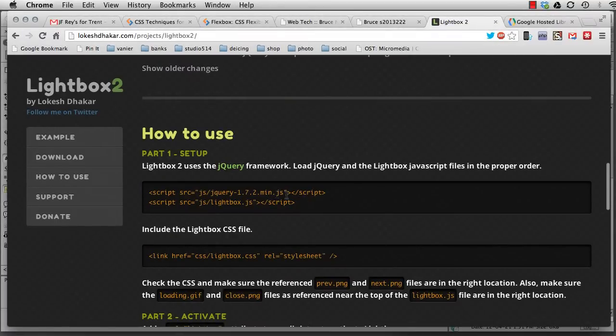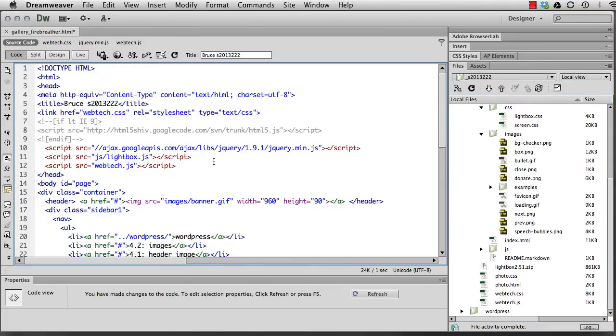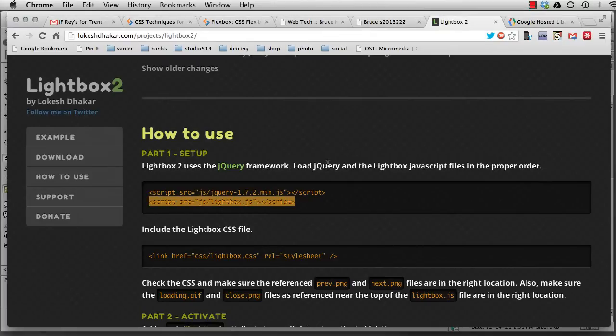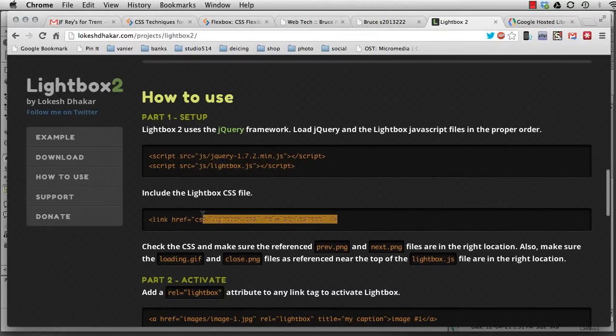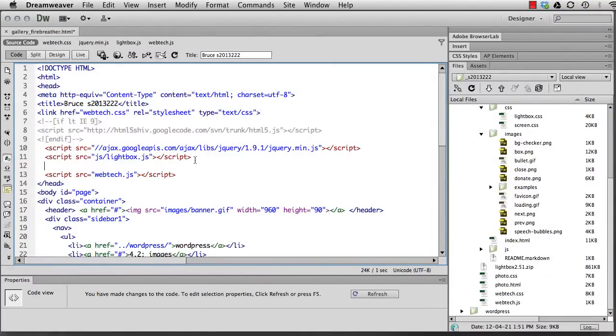And so you can see here it's telling me I need jQuery. I've already got that. I'm linking to it directly from Google. I need to connect to the Lightbox JavaScript. So I'm going to copy that and paste that here. And then I need to connect to the CSS file. So I'm going to copy that and paste that here. And now if I save and then just refresh it,